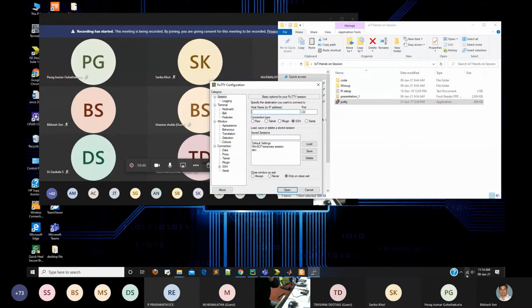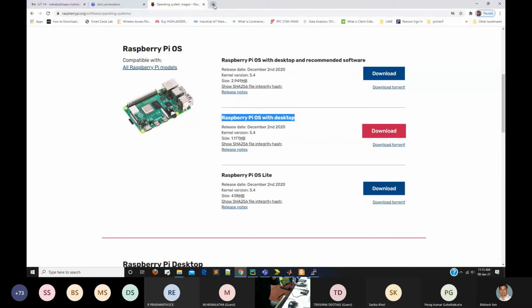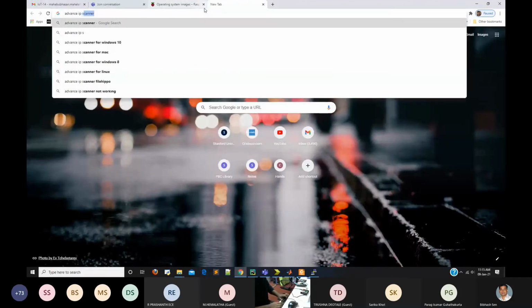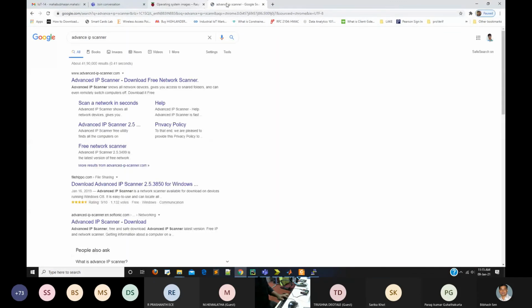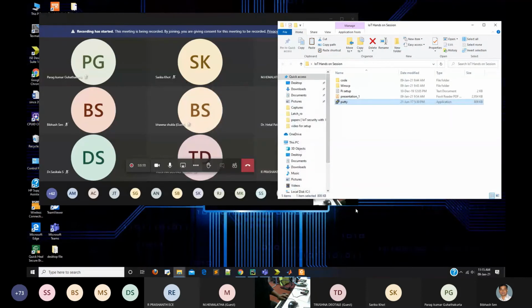Here we are using the same Wi-Fi, the Research Lab Wi-Fi, for both the IoT device and our system, which is remotely controlled. To find the IoT IP address we are doing it manually, but you can also use the Advanced IP Scanner software, which is also available.